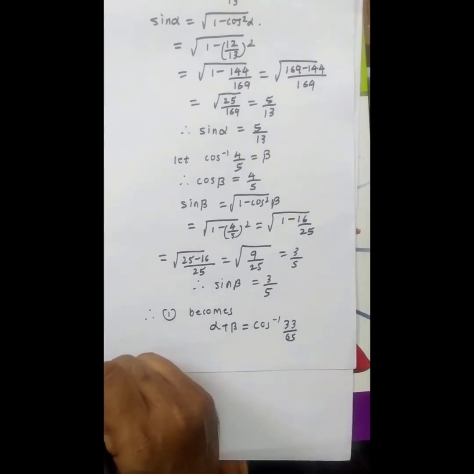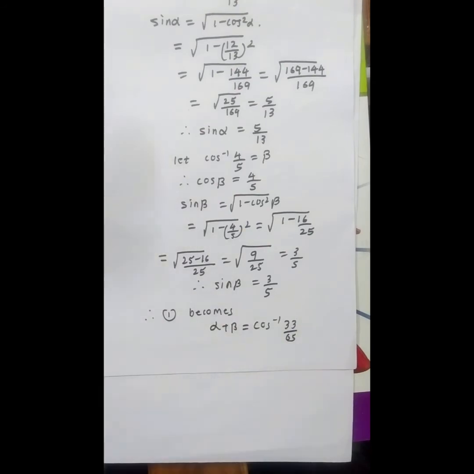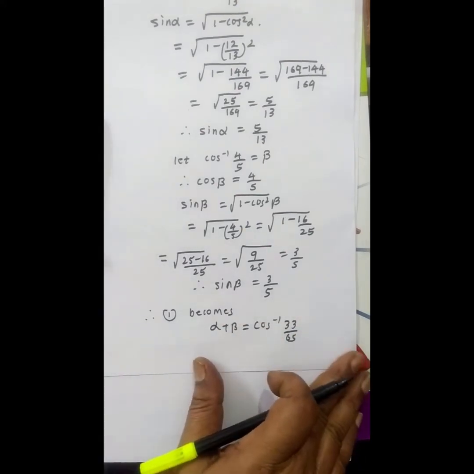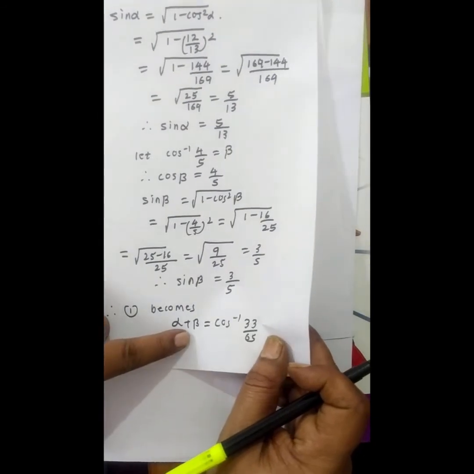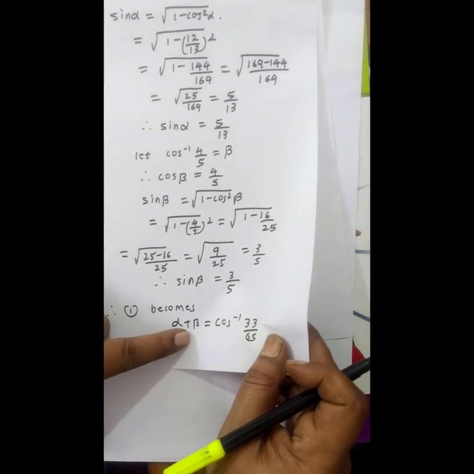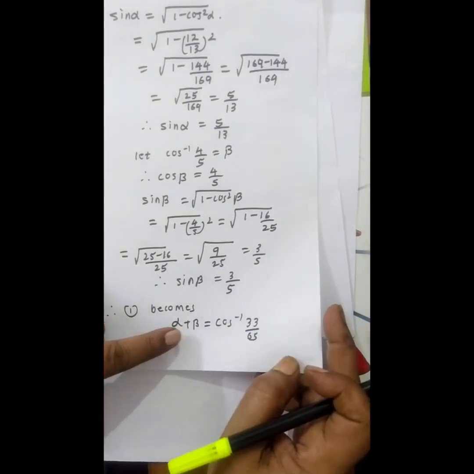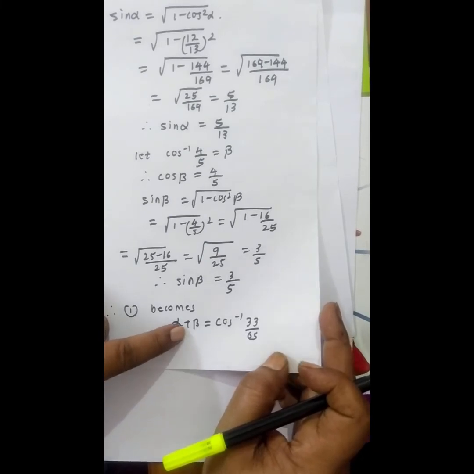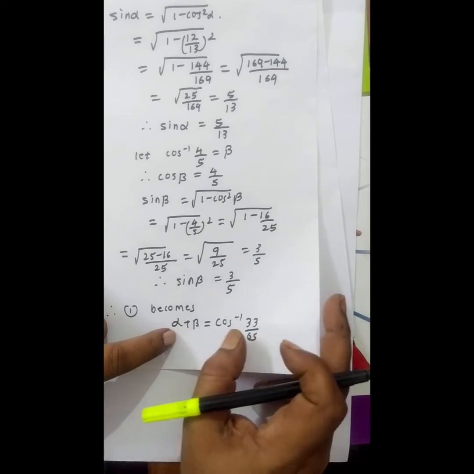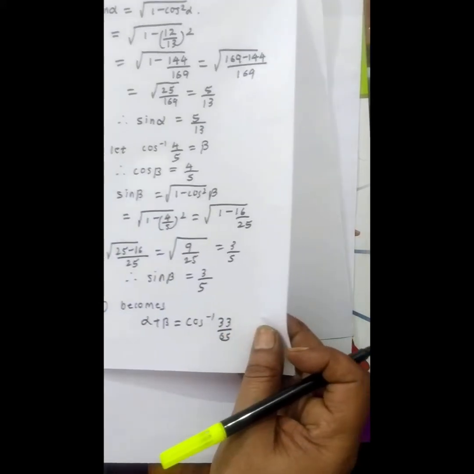Now what you have to do is, the right hand side is cos and the left hand side is alpha plus beta. So if the right hand side is cos and in between there is plus, you have to take cos alpha plus beta and solve. If the right hand side is sine, in between plus, you have to take sine alpha plus beta and solve. And if it is minus, you have to take cos alpha minus beta. If it is sine, sine alpha minus beta.